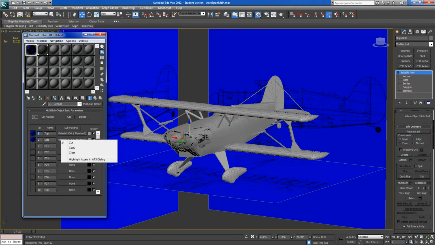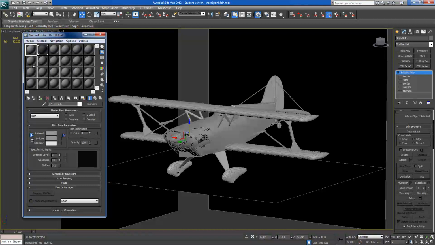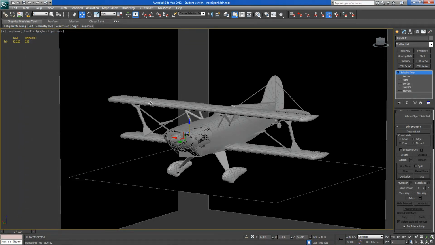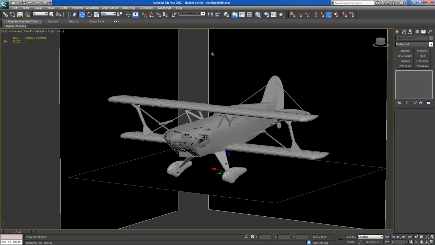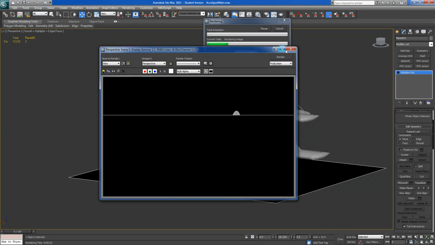to go into your materials first, and in our case we have a multi-sub object. We're going to clear each one individually. That will completely take it out of the project, and then dump one of these empty spheres onto that sphere that used to hold them. And I'm going to get rid of these two planes, and I'll keep this plane as